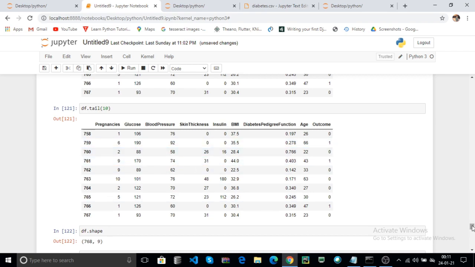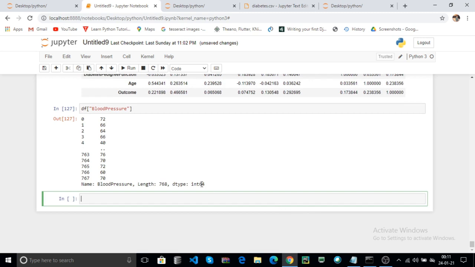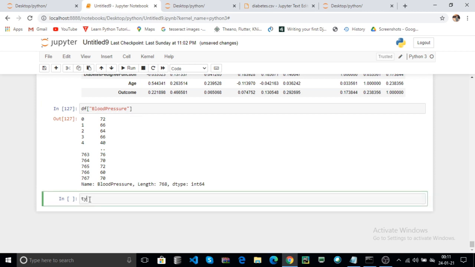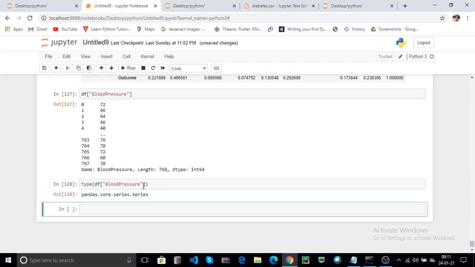All the column values are displayed. Here it returns the integer type. You can also check that this is a series type, because you used the single square bracket. Check the type of this, click on run, this is the series type.